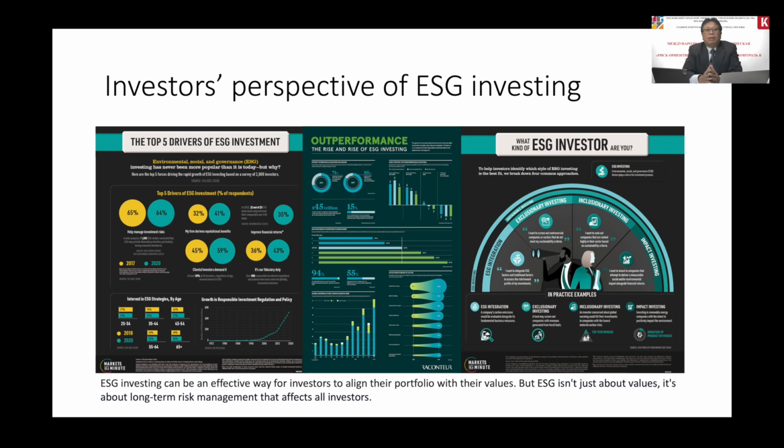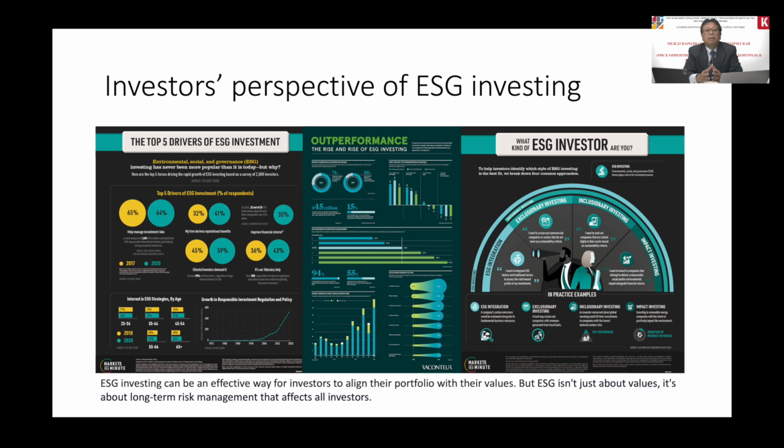Now, what is ESG integration? It's like a company's carbon emission being evaluated alongside its fundamental business measures. In this case, an investor may say, I want to integrate ESG factors and traditional factors to assess the risk-reward profile of my investment. Now, the second approach, exclusionary investing, like a fund that may screen out companies with revenues generated from fossil fuels. In this case, investors may say, I want to screen out controversial companies or sectors that do not